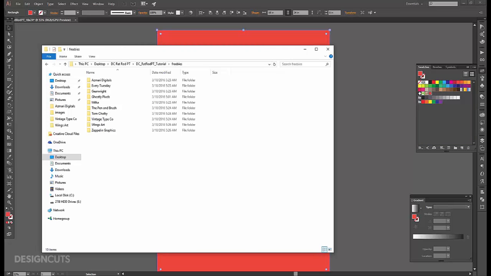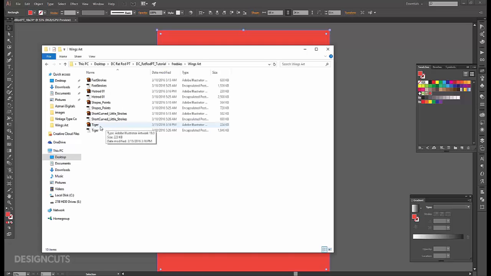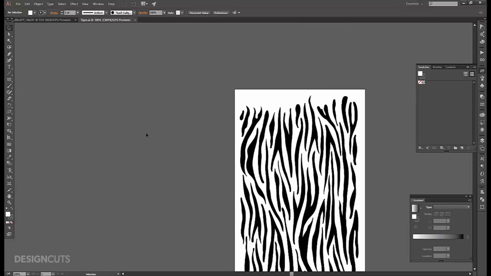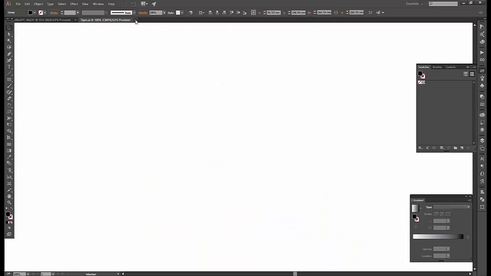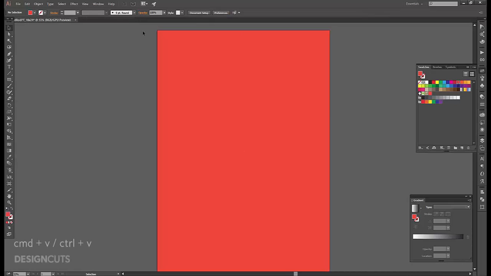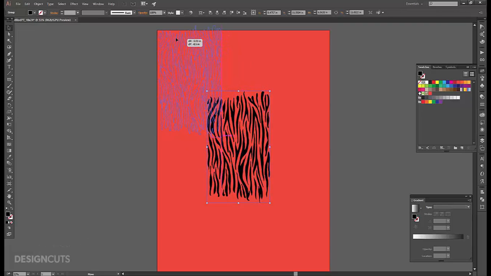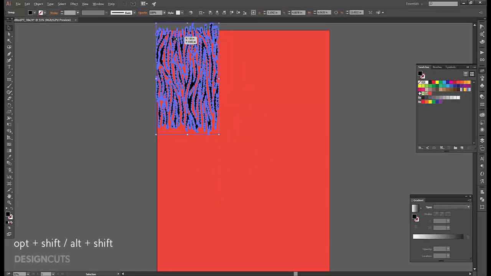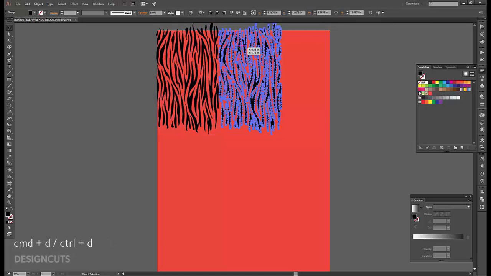Now we'll open the Wings Art Tiger file. Use your selection tool to select the tiger pattern and press Command-C to copy it. Back in the layout file, press Command-V to paste. Drag it to the top left corner of the poster. Press Option-Shift while clicking and dragging to the right to create a copy, then press Command-D to duplicate the last